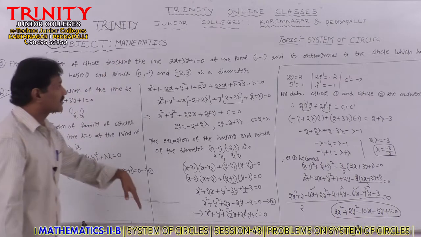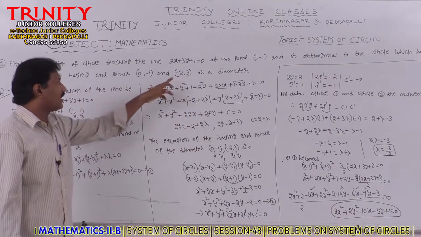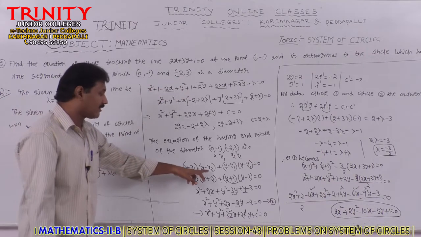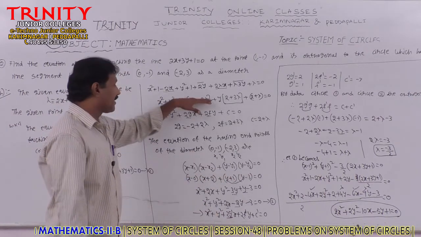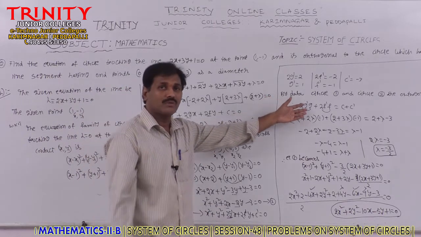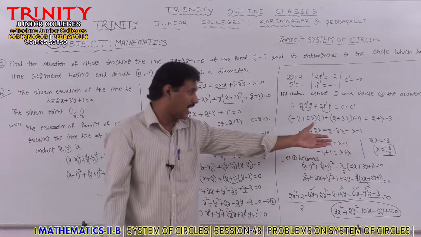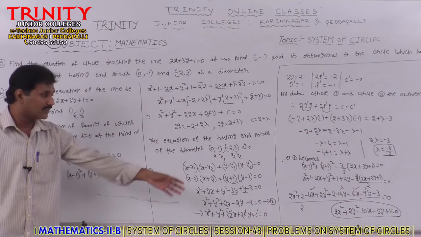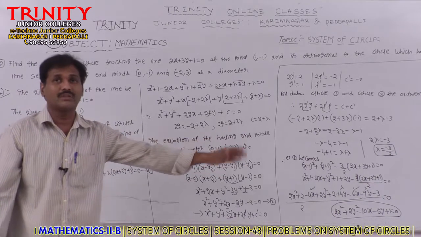These conditions are satisfied, and it is also orthogonal to the circle whose endpoints of the diameter are given. We know the equation of the circle is (x minus x1)(x minus x2) plus (y minus y1)(y minus y2) equal to 0. We got the circle. These equation 1 and 2 circles are orthogonal. Applying the condition of orthogonality, 2g'g plus 2f'f equal to c plus c', we got the value of lambda. Replace the lambda in equation 1. We got the equation of the required circle. The equation of the required circle is 2x square plus 2y square minus 10x minus 5y plus 1 equal to 0.